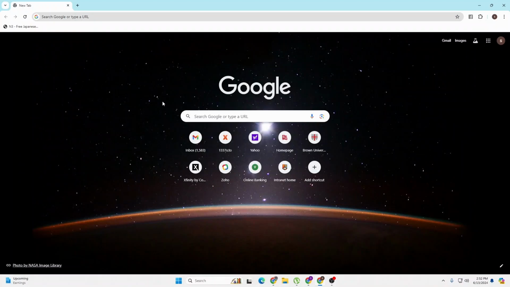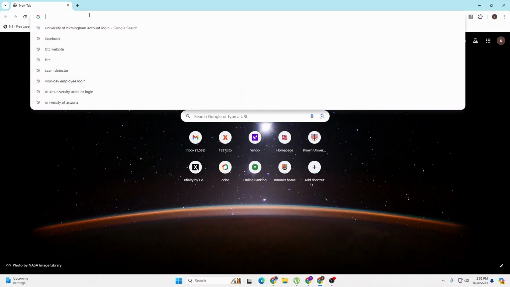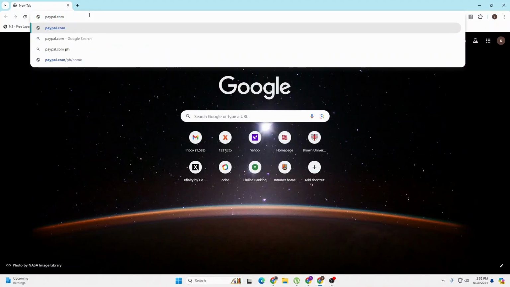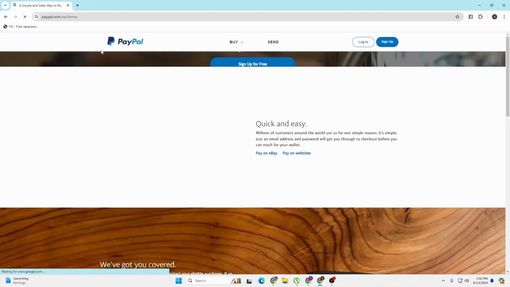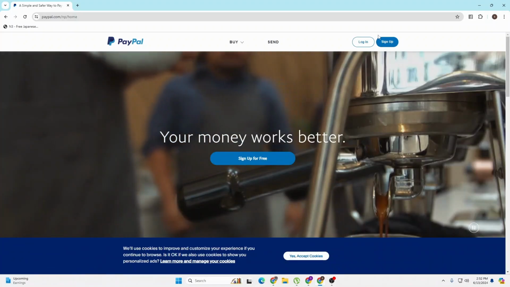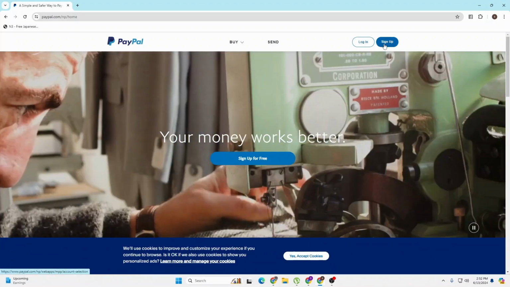already opened the Google Chrome, and on the search bar click over there and type in the address paypal.com and hit enter, and then you'll be directed to the home page of PayPal, whereas on this page guys, at the top right corner of the screen you can see there is a login and the sign up button available